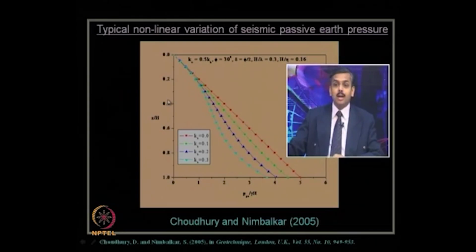In addition to that, what I have mentioned in the first slide of this pseudodynamic approach. So, you can see the results. This red line shows the value when kh equals 0, that means under the static condition, because kV we have considered as 0.5 times kh. So, if kh is 0, kV is also 0. So, this red line shows the passive earth pressure under static condition,